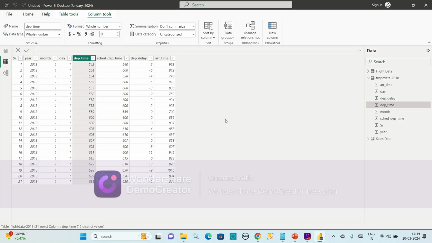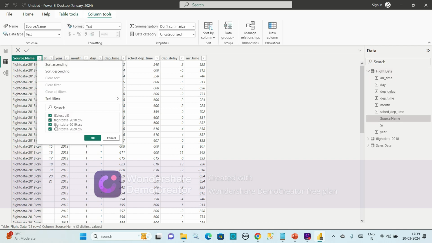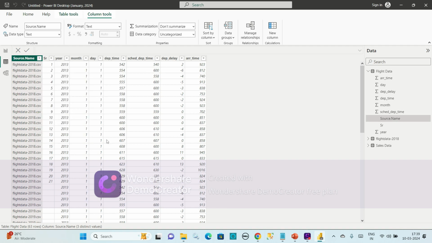Now in the table view, you can see your data. This is flight data, which I imported from the CSV file. If you scroll down, you will see 18, 19 and 20. We need to sort this data in Power Query; how we transform and clean the data in Power Query will be in the next video. But today I am just showing you how to get the data